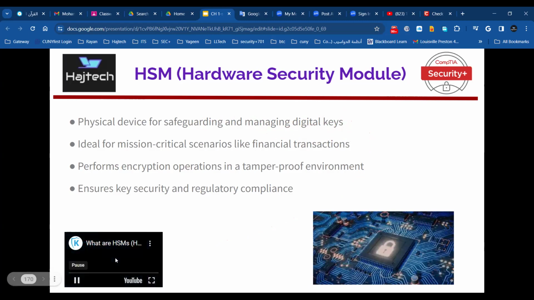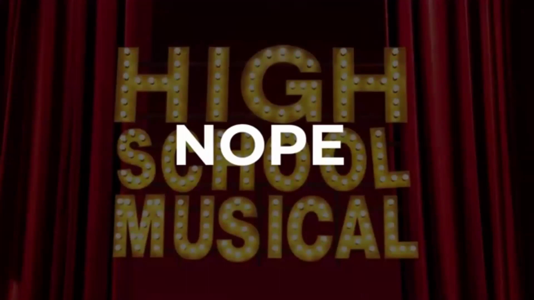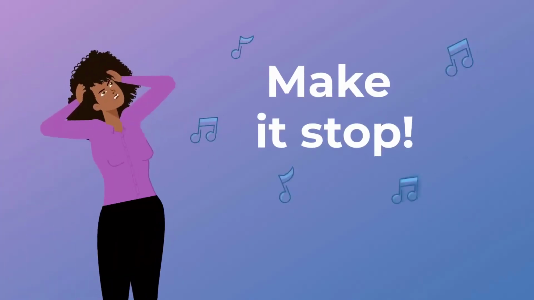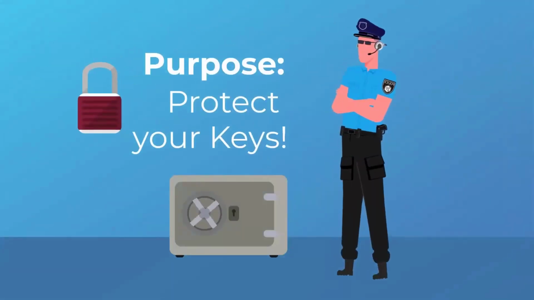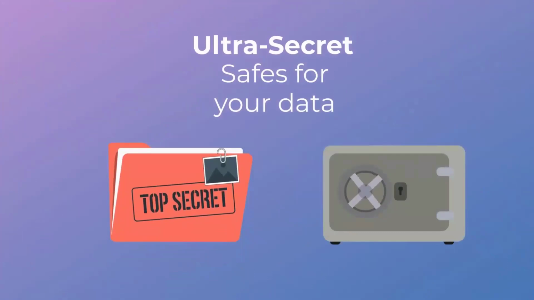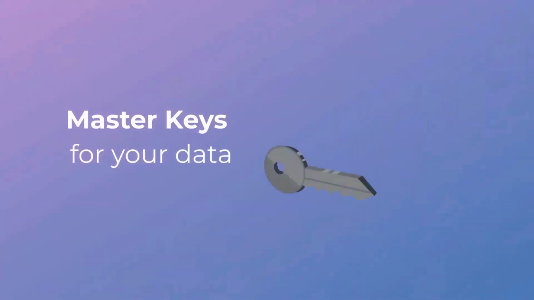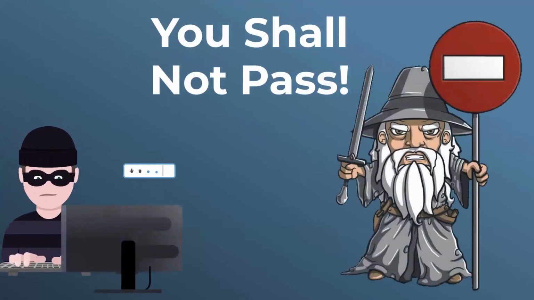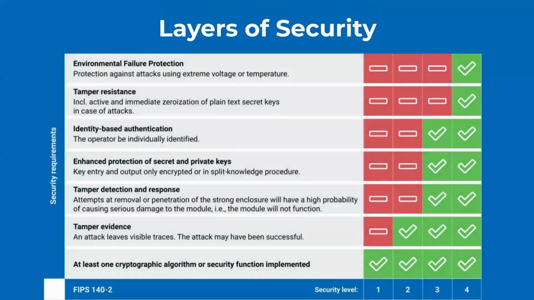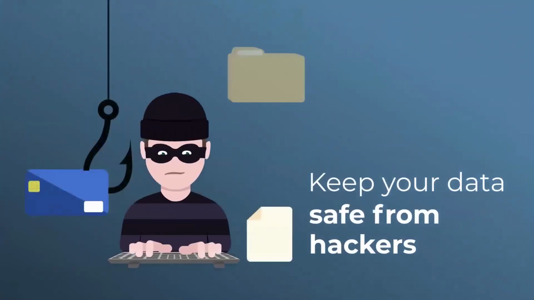Let's clarify this. Let's take a look at hardware security modules, or as the cool kids call them, HSMs. HSM. No, not High School Musical. That's a completely different kind of encryption, where the code is just catchy songs that get stuck in your head. An HSM is a physical device that is plugged into your servers. Its main job, keeping sensitive data like your company's private cryptographic key safe from prying eyes and potential threats. Hardware security modules are like the ultra-secretive, super-secure safes of the digital world. Imagine a tiny impenetrable fortress where your digital keys live. These keys are like the master keys to your online kingdom, aka your data. If ever an attacker should try to access your keys, the HSM says, "No way, hackers, you shall not pass." It guards your keys with layers of security, ensuring they never leave the fortress. Not even for a little stroll, making sure your digital treasures remain untouched and safe from the prying eyes of